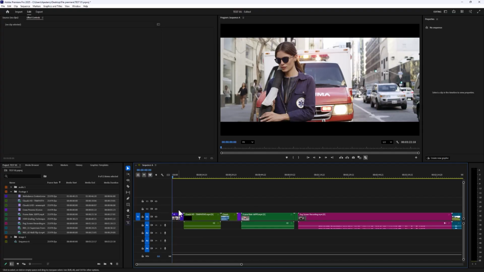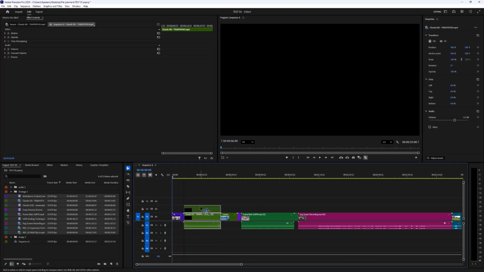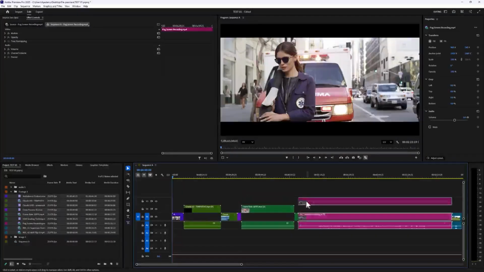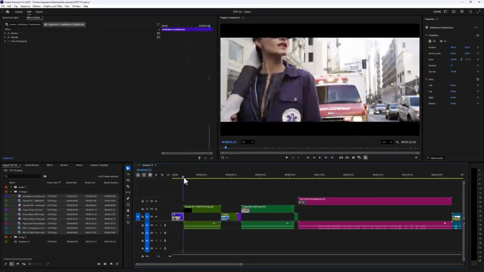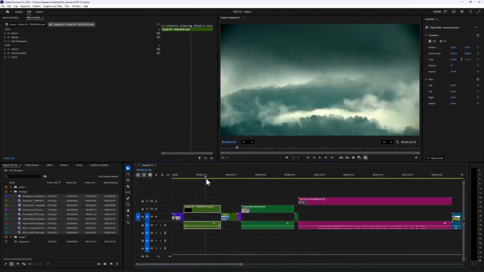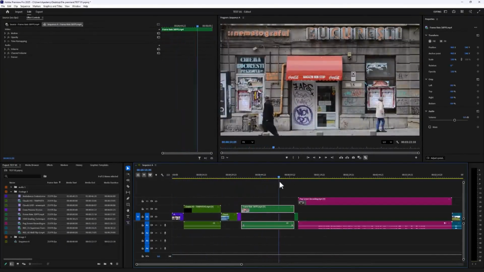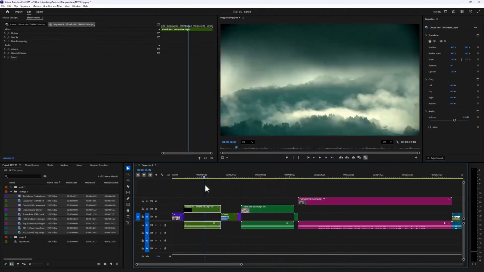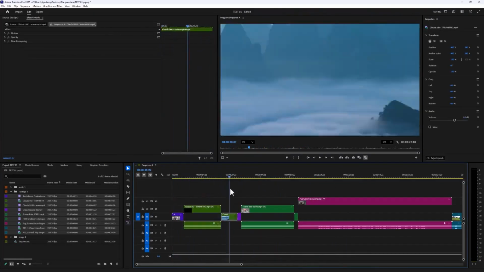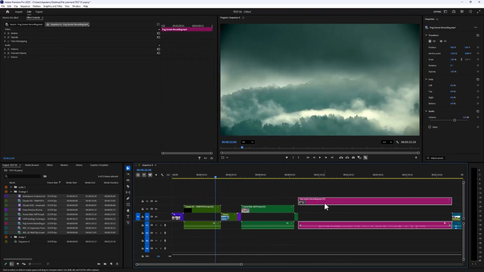When I play it, you see that as we move through these items, we see these options one by one. For example, if we want to delete one of the items, we can select it and delete it with the Delete key. The empty space created here can be closed by right-clicking and choosing Ripple Delete, and we can move